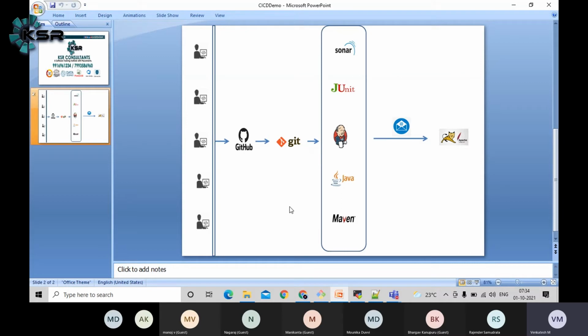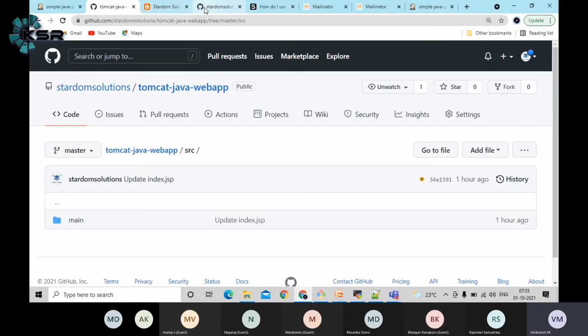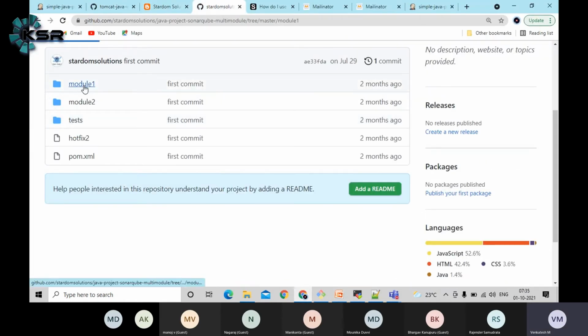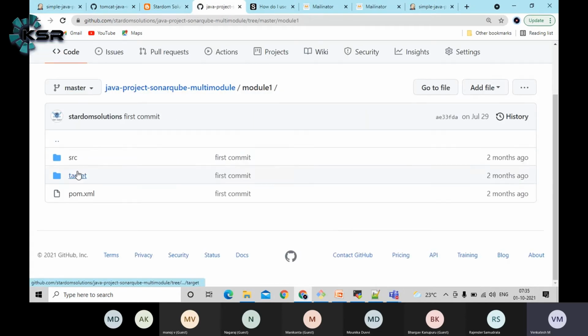When coming to SonarQube, what it is going to do, as I mentioned, this is nothing but a static code analysis tool. It can be integrated with Maven only. Here, whatever code I have added, maybe after execution, we can see that part. I have some sample code here.